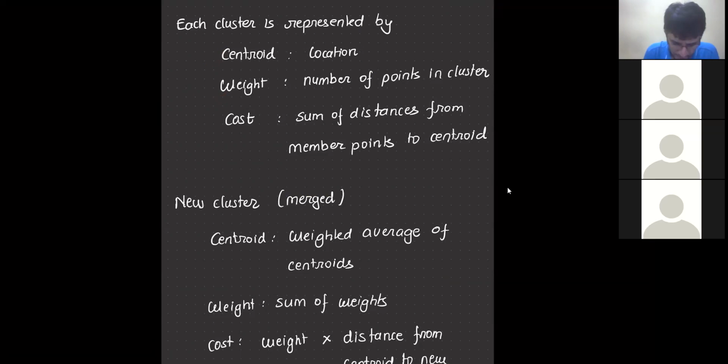So basically, if the centroid is the mean, then multiplying the centroid by the number of points in the cluster gives you the total weight. It's a very similar math problem. The centroid is the actual centroid that came out of that batch. The weight is the total number of points in the cluster, and the cost is the sum of distances from the member points to the centroid.